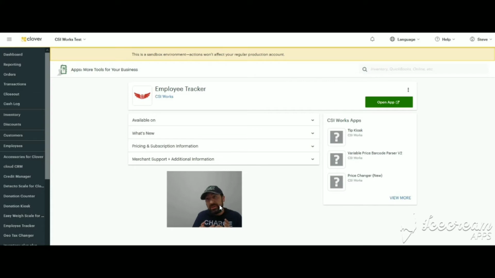They can completely be deleted. And the entire composition of an order is not saved and does not exist until it's paid for. Until the transaction happens, you can delete it and there's no trace of it. So if you log into your Clover dashboard and navigate to an app called Employee Tracker, you can find it